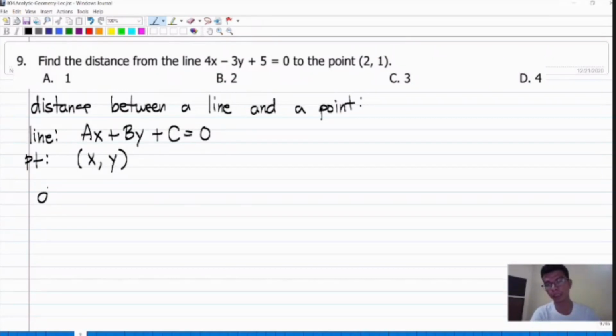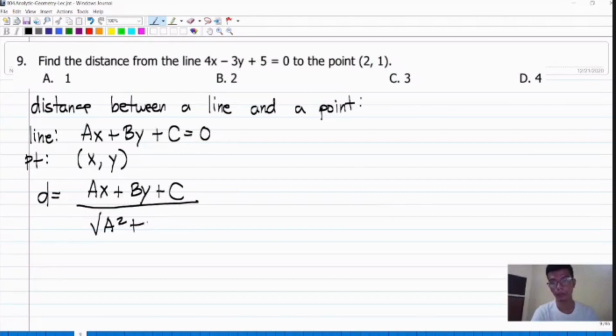Kasi, ang formula natin para sa distance between a line and a point is equal to the coefficient a times the x coordinate plus the coefficient b times the y coordinate plus yung constant term, coefficient c, divided by the square root of the coefficient a squared plus b squared. O kailangan lang natin malaman kay line kung sino si A, sino si B, and then sino si C. And then sa point naman kung sino si X and Y. So from the given,